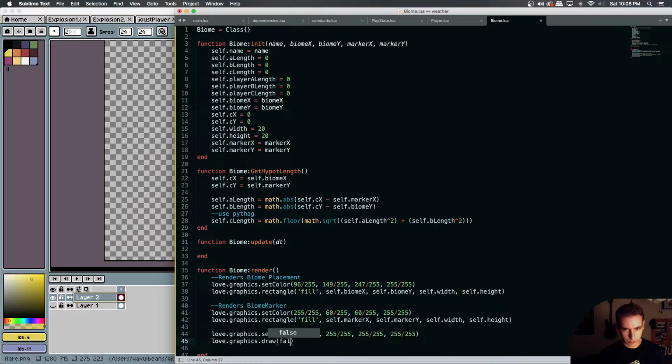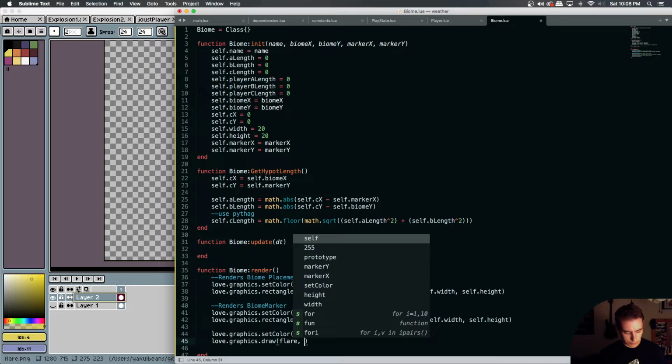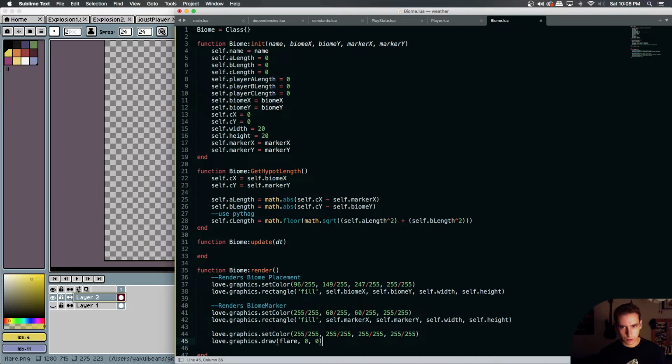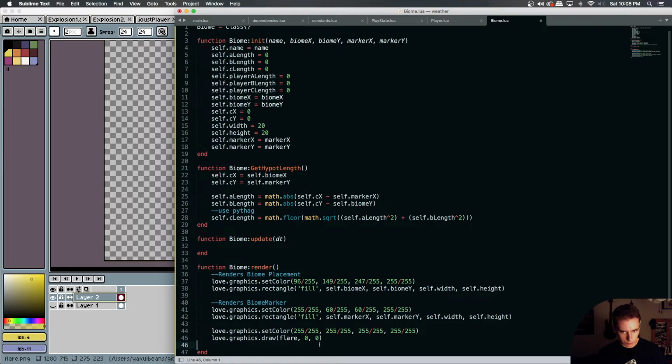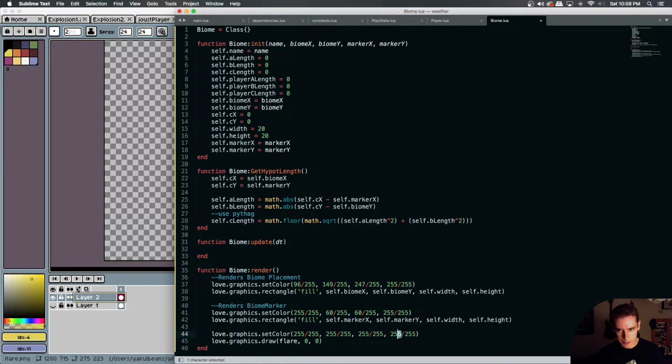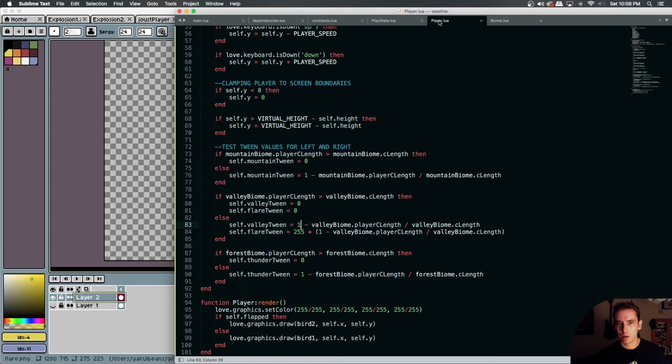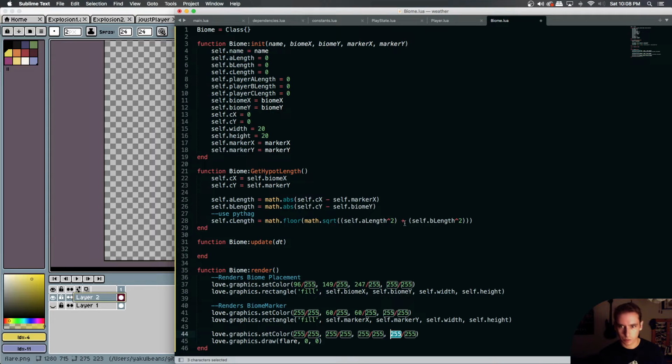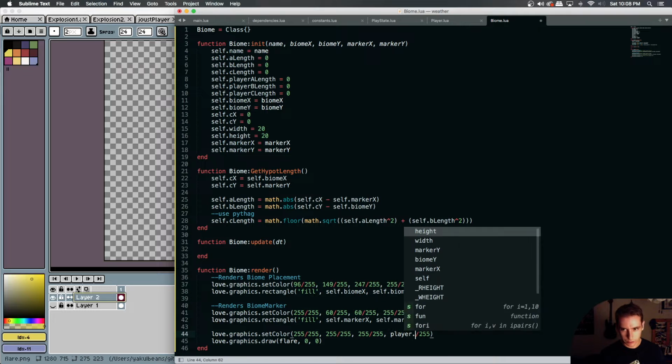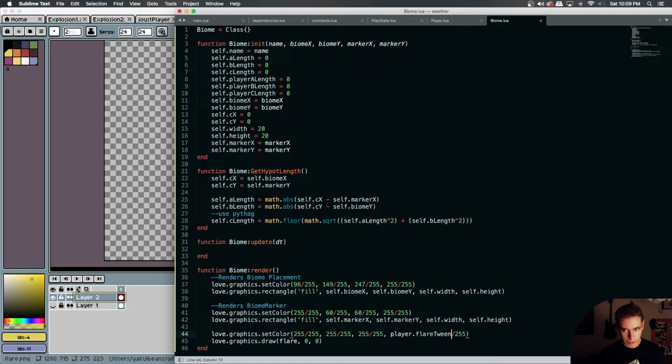So we're drawing flare, but we're drawing flare at 0 and 0. Now, okay, so what we need to do is set our opacity here to be not our biome, but our player. Here, look, our player's flare tween. So we need to say player.flare tween. So now if we're closest to the,